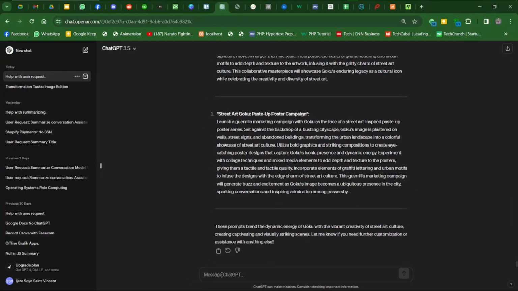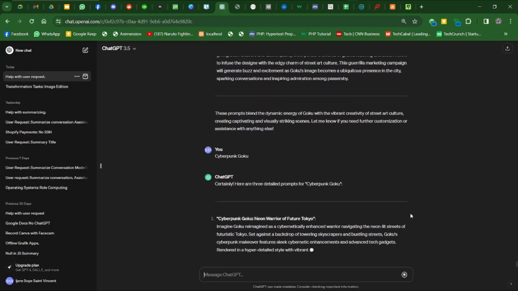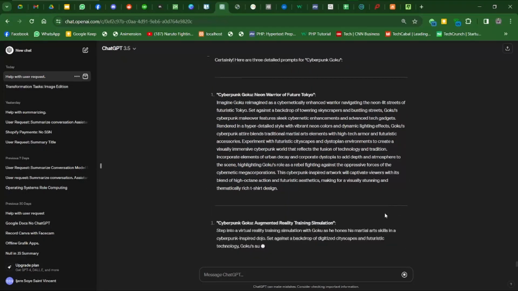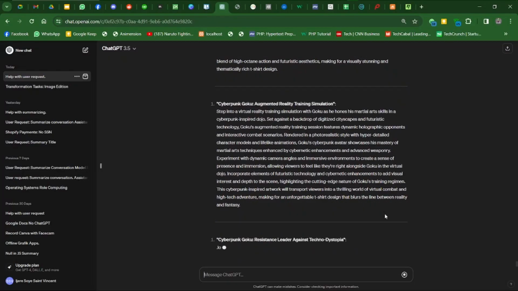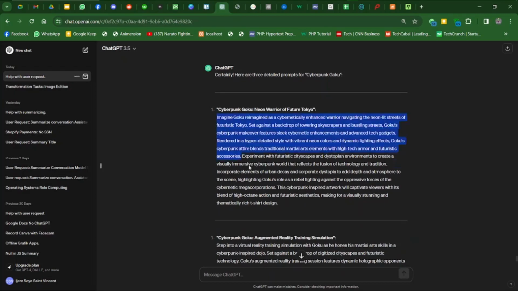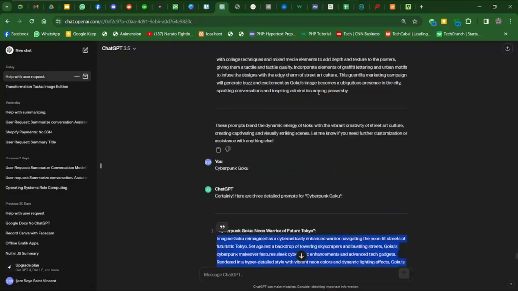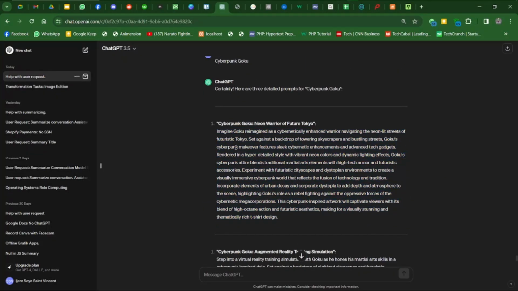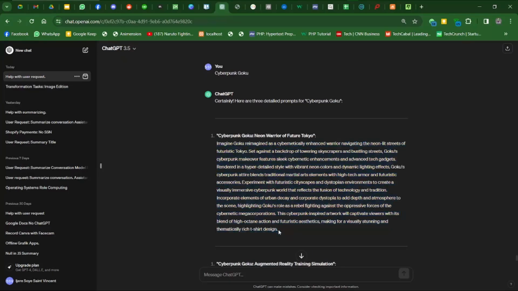I think I'll try the cyberpunk, right? So let's do cyberpunk. Oops, cyberspace. Cyberpunk with Goku right there. These are literally keywords that I got from ChatGPT, and I used ChatGPT to create prompts. So this is a really serious hack. It's basically better than having to type all this out, like you would literally need to type out this much detail,